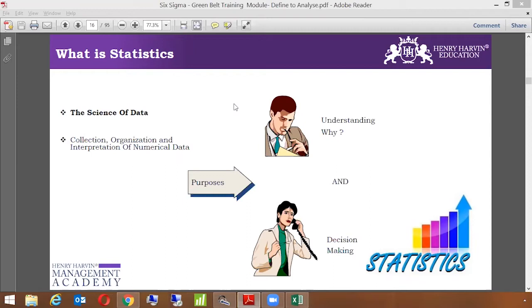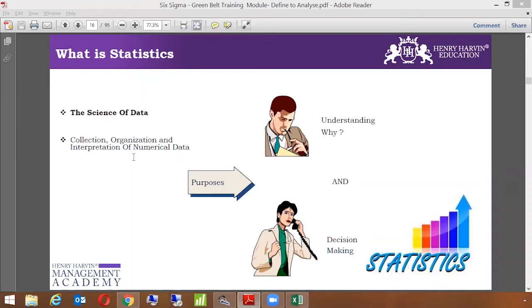In the Green Belt program, we are going to cover basic statistics. Let's understand what is statistics. Statistics is the science of data, which means it is collecting, organizing, and interpretation of numerical data. The purpose of doing it is to understand why this problem has occurred, and it helps us to make certain